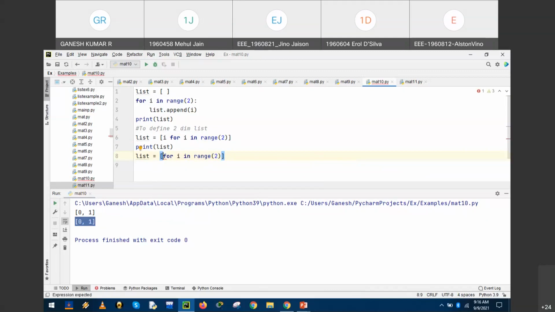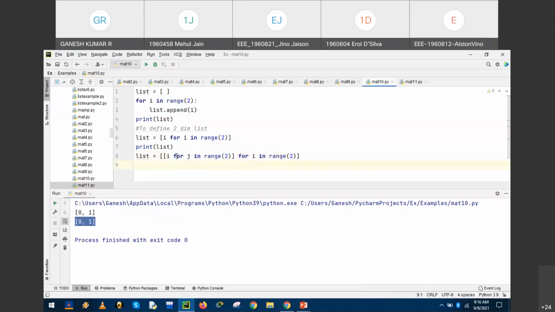So we have to define the column inside the row. The column in the row is nothing but i for j in range 2, the same value. Is it clear? So for i in range, inside the row, we define a column.